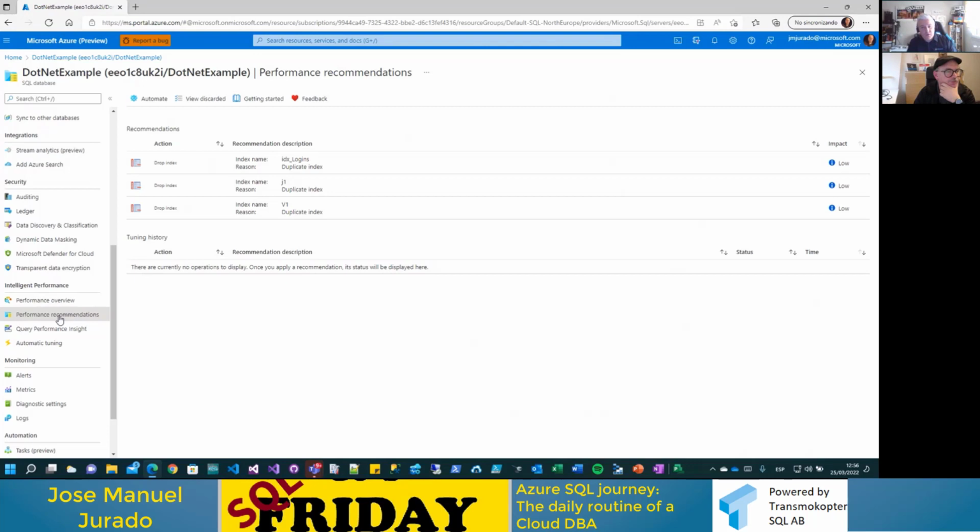We are going to analyze your workload, and we are going to give you the best recommendations: I need to create indexes, or I need to drop the indexes because they are not being used anymore, or you need to parameterize the queries to use parameters, etc. It's very important because at the end, this technology helps a lot in our day by day in terms of troubleshooting.